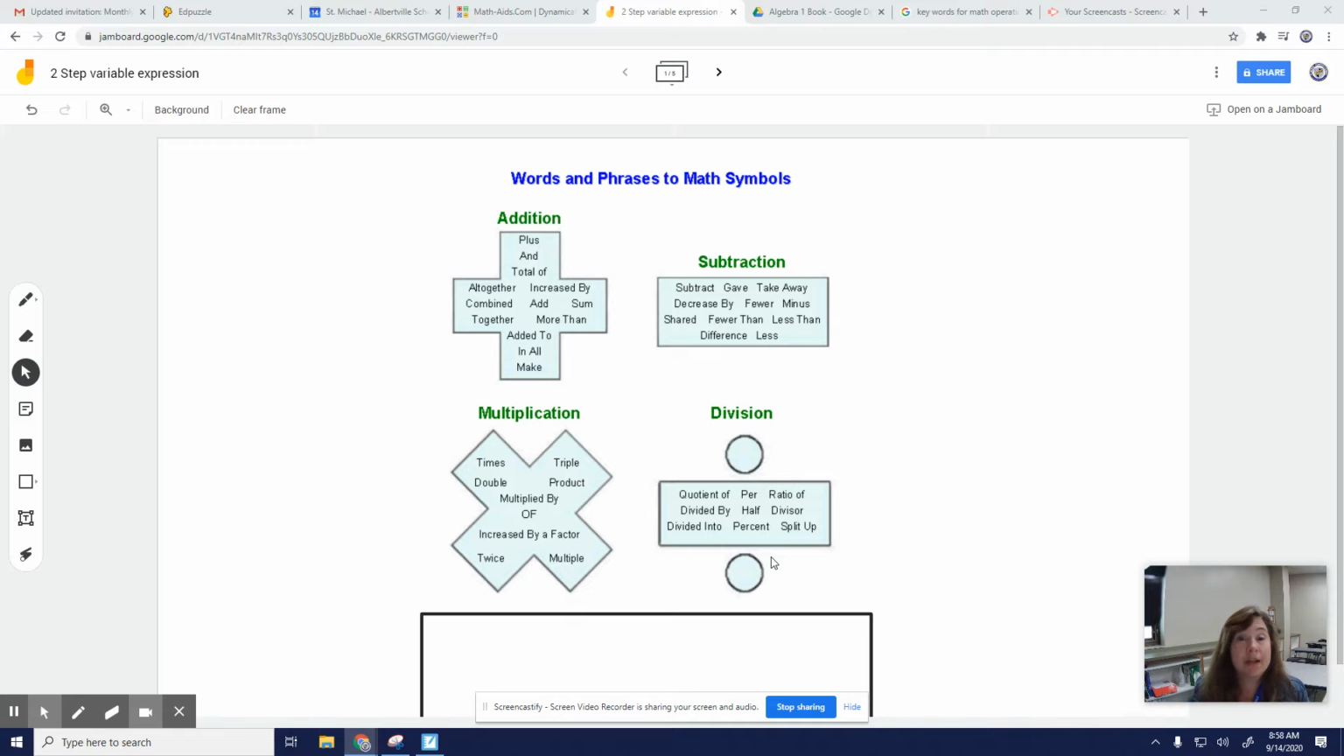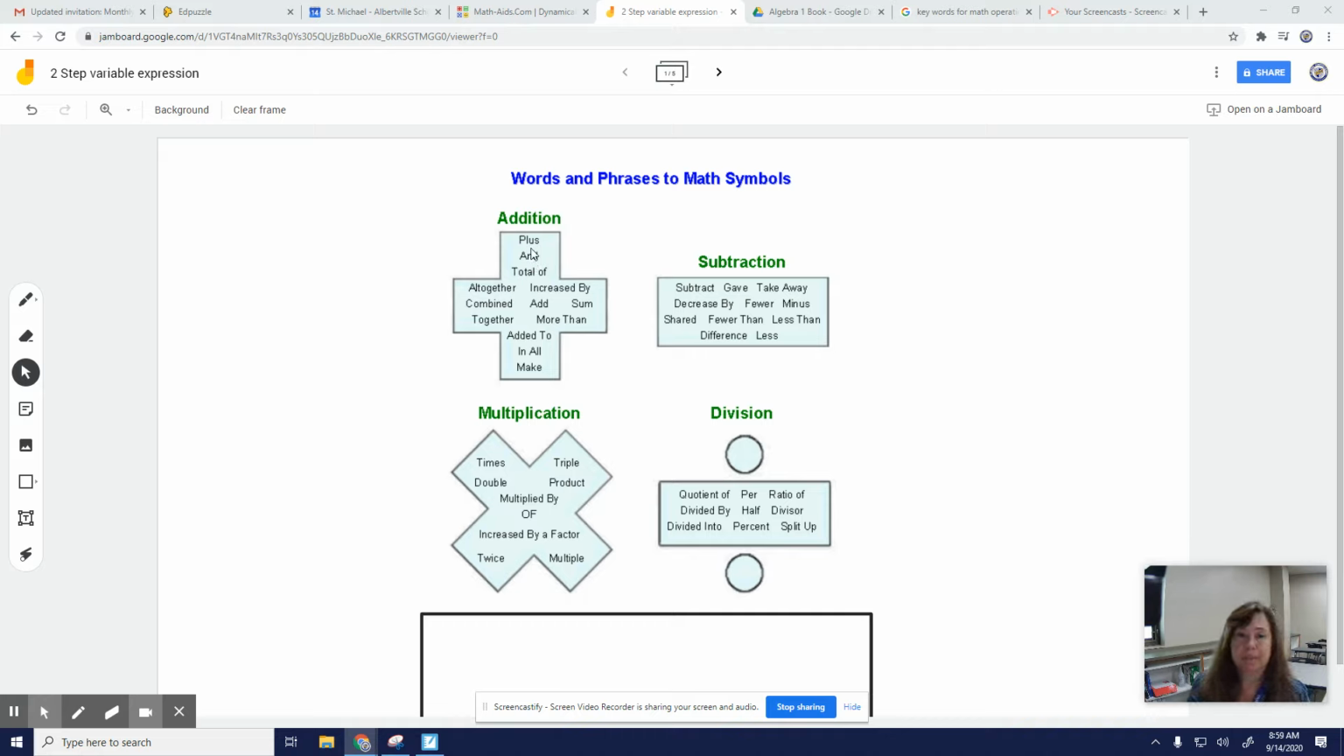Hello, today we're going to talk about doing two-step variable expressions. Up until now, we've only done one-step variable expressions but we've used all four math functions. We've used addition, subtraction, multiplication, and division. We know that there are certain words in those word phrases that are going to tell us which mathematical function